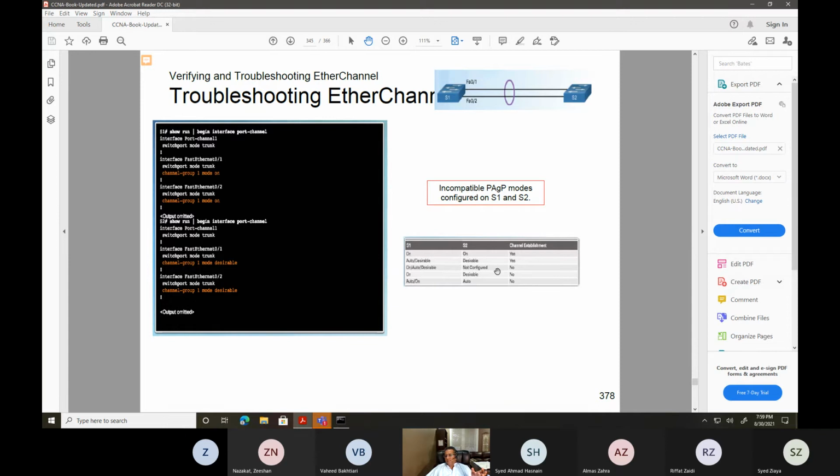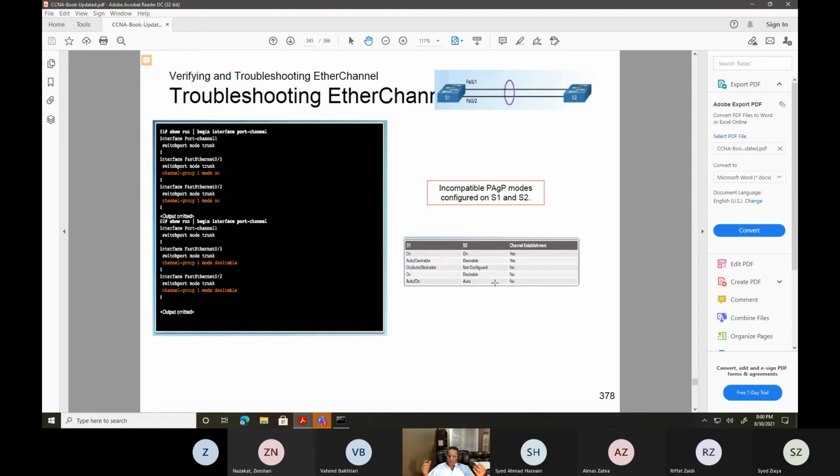Nobody uses this feature. I'm not going to be able to remember in a production environment whether I should have desirable on one end configured for my channel group and on or active on the other end. I will not remember. So basically, the best practice is keep it on both ends. I don't care about desirable, this is just a feature Cisco saying we have it. But in production environment, you never use this combination of desirable or desirable. If both interfaces are desirable, then it will create an ether channel. So we don't care about it, to tell you the truth.